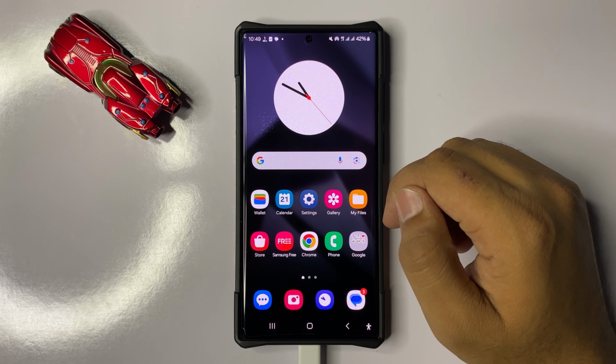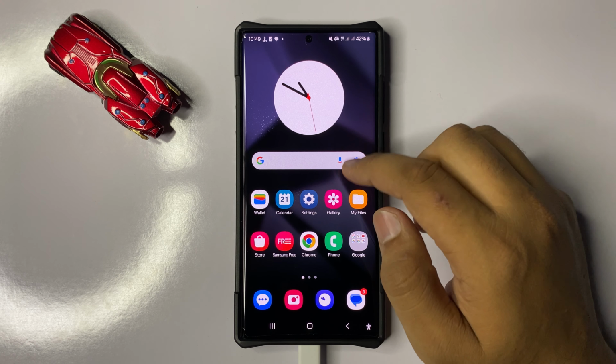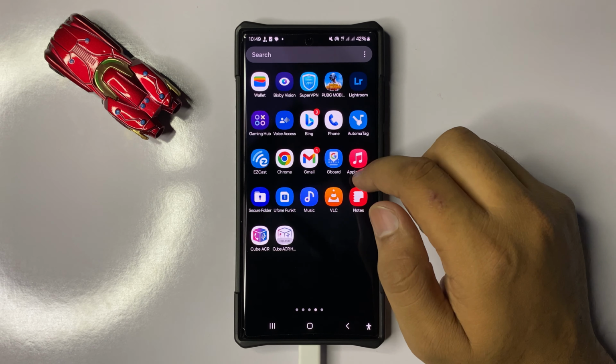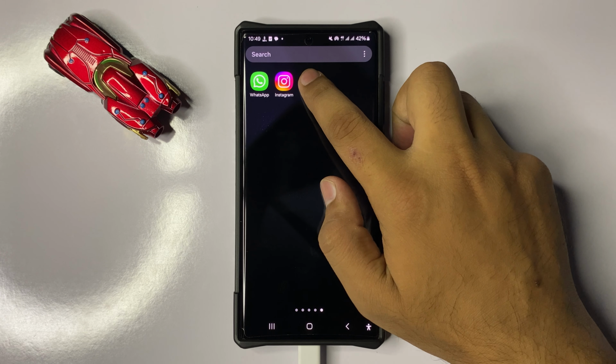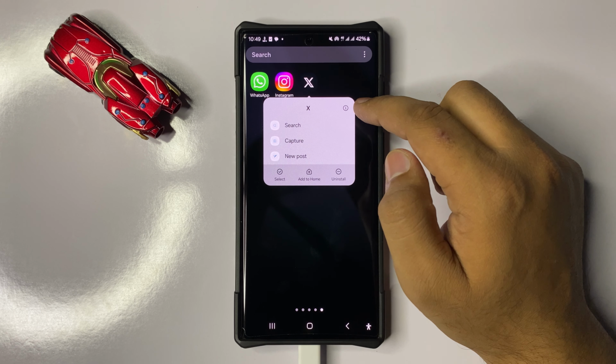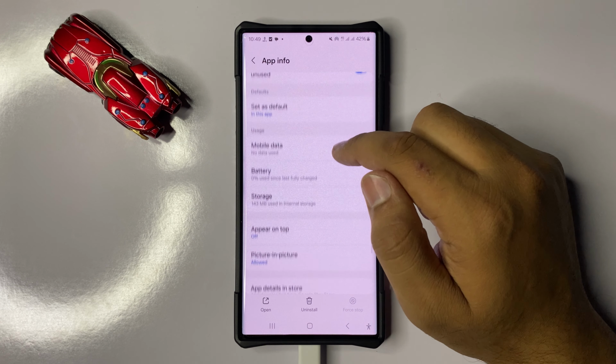But if you are still facing the issue, then the last solution is reset the Twitter app. So for that, press and hold on the Twitter app icon. Now click on this information icon on the top left corner of the pop-up and then scroll down and click